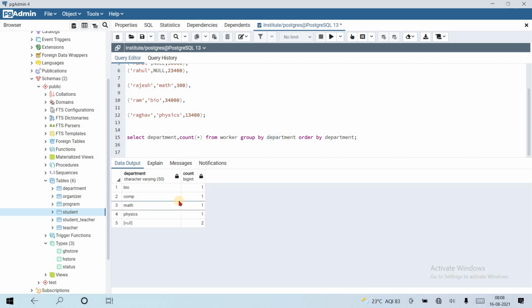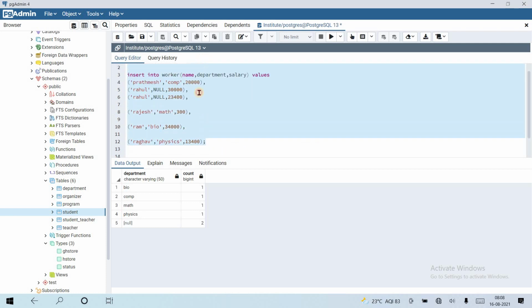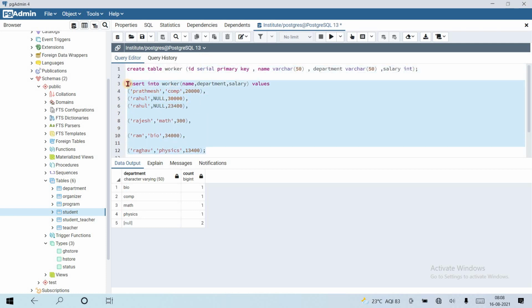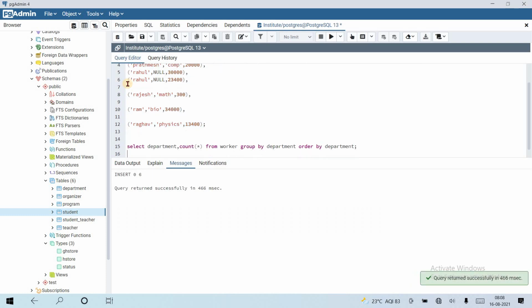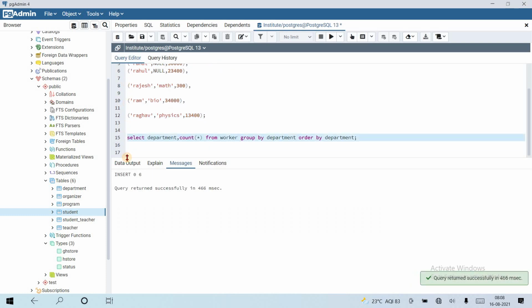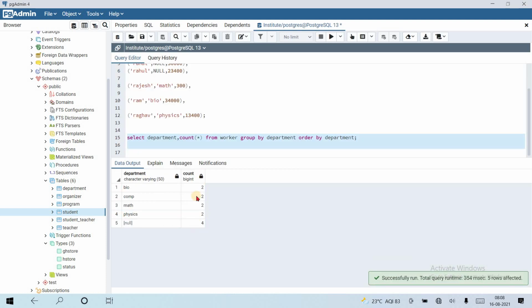So that's why it is not giving me an error. Bio 1, computer 1, math 1, physics 1, and null 2. So let's insert duplicate values for all of the above, so the records become 2. Now let's run this query. Okay, everyone has 2, but null has four.